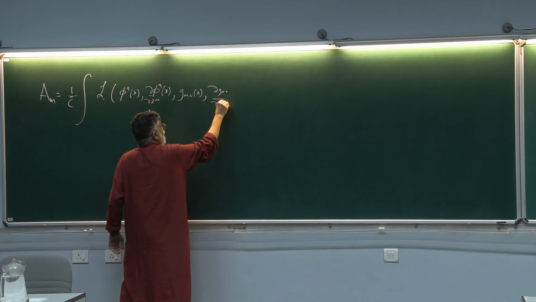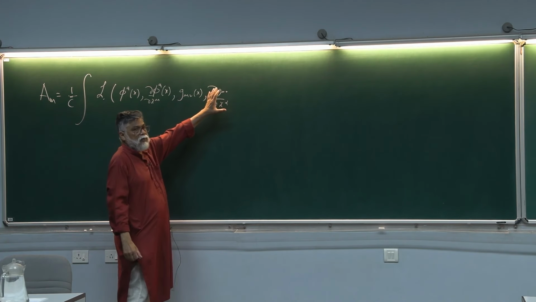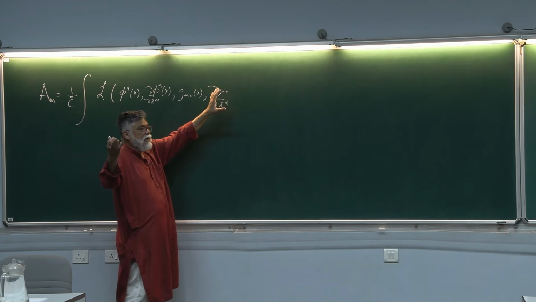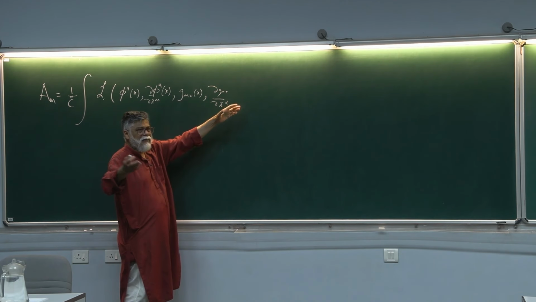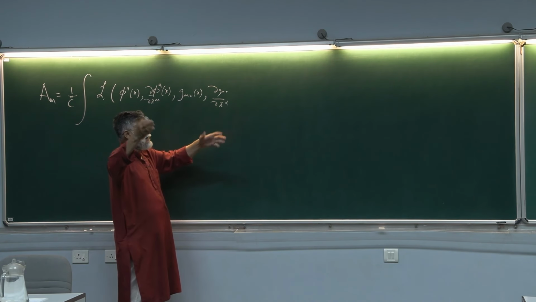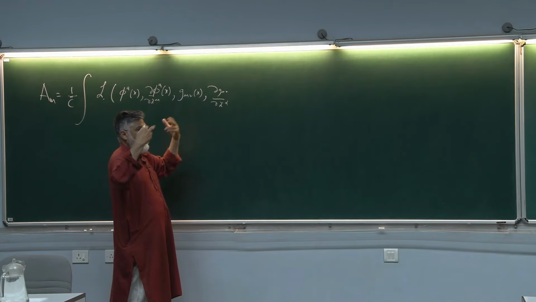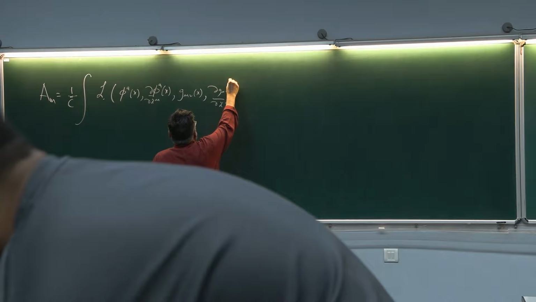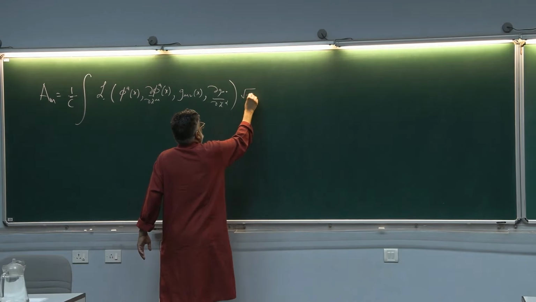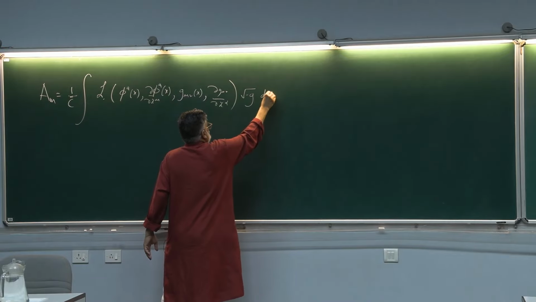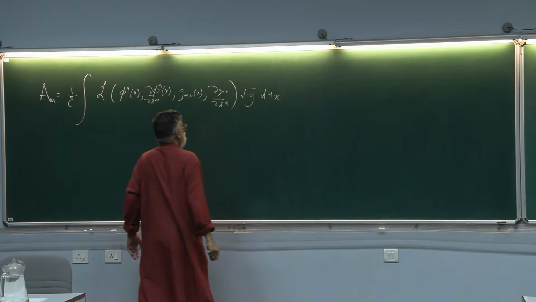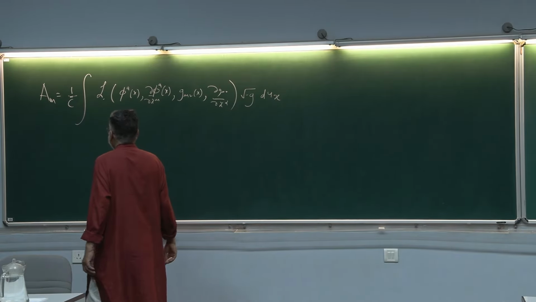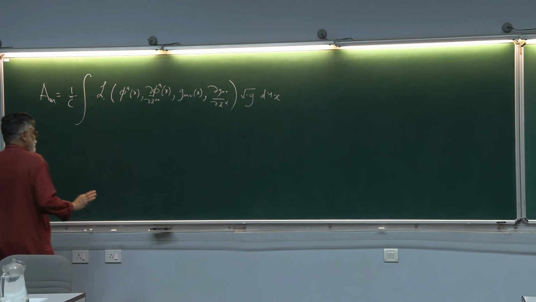By the way, yesterday I retained only up to first order derivative, but if you have non-minimal coupling, you will have second derivative. But then you can carry out the same exercise, but you have to do the integration by parts twice. Right. And then what we showed is that